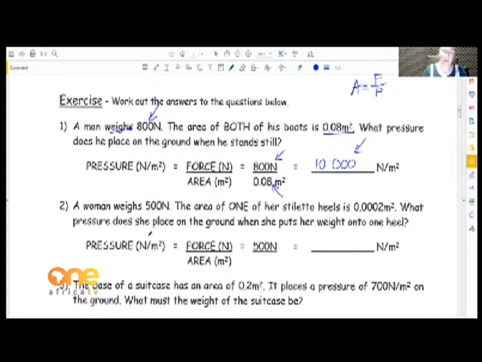So now let's look at this. A woman weighs 500 newtons. So that's less than that, right? And the area of one of her stiletto heels is that. What pressure does she place on the ground when she puts her weight onto one heel? So now we've still got pressure as force over area. But our force is now